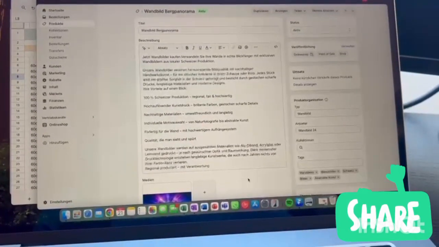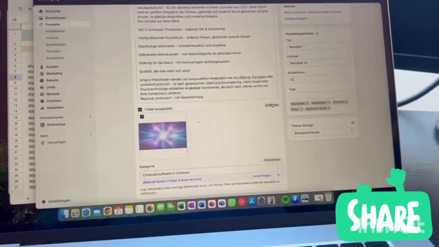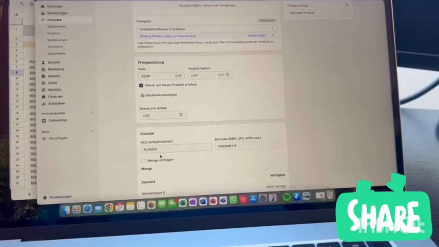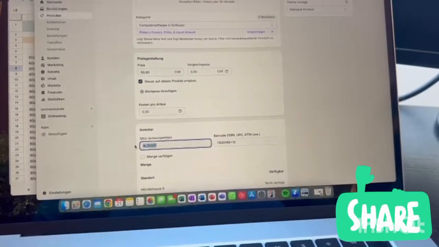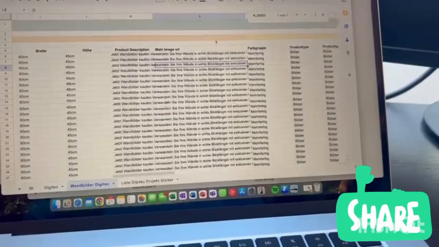You see all the normal things. Then you see the media. You can choose this button and delete. And then you can go here and have a look. This is number 1. Then you can make a copy and go to the other